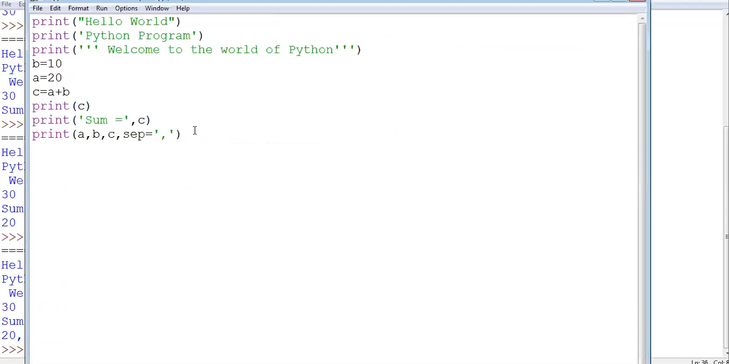Clear? And one more thing is there. Suppose I have written print a equals, a; print b equals, b; print sum equals, a plus b. Now in the third section,